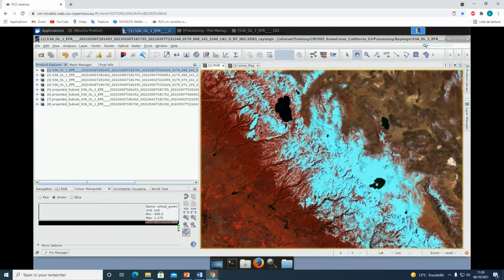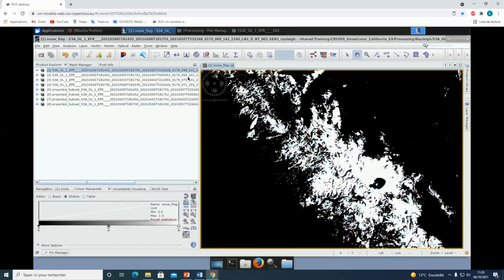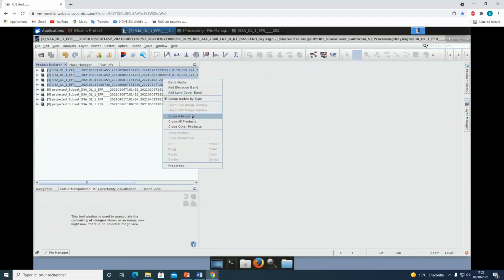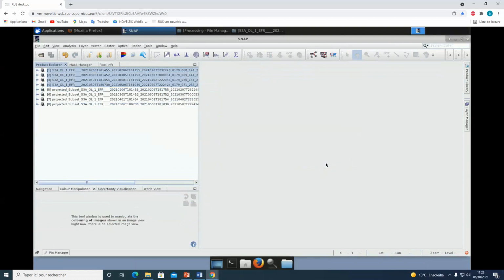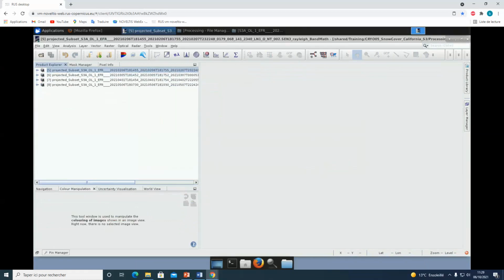Now let's study the snow cover time series. So after batch processing the products, we have 4 different processed products, each containing 1 snow flag band. So first you can close the views and you can also close the Rayleigh products. Close for products. Okay. So this step aims at stacking all the snow flag outputs of the batch processing in a single product to allow further processing. For this task, we will use the collocation tool,